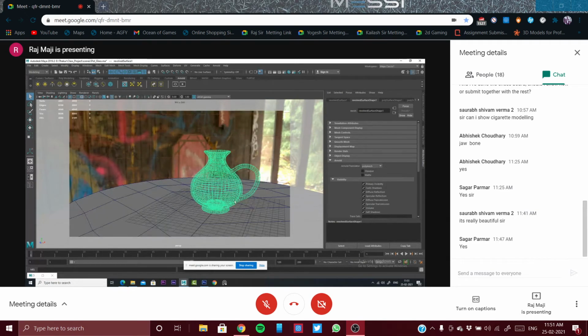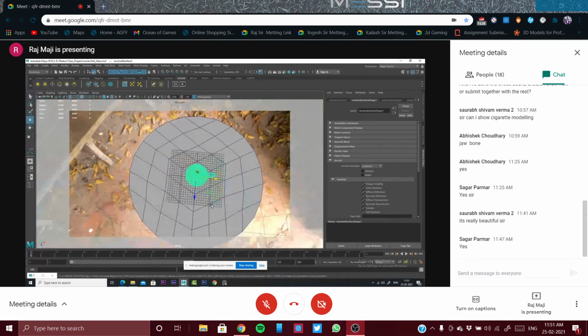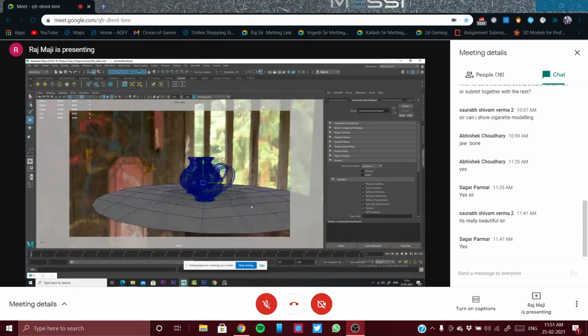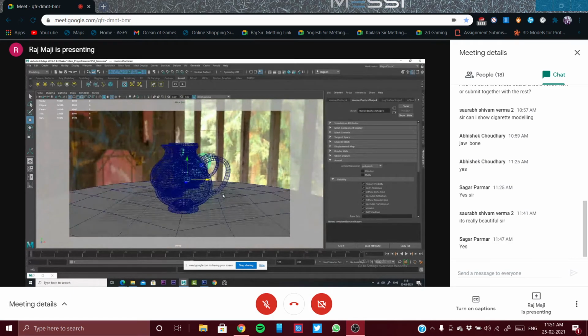Suppose one experiment, okay? One experiment. Duplicate. Duplicate. Duplicate. I have kept several glasses over here, and let us check what will happen.